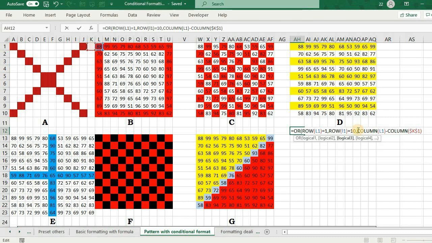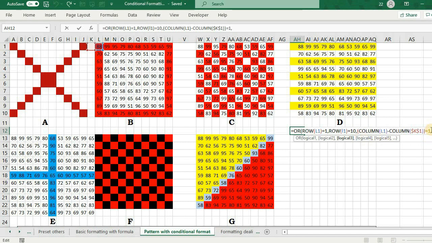I will further wrap it inside. So if this is equal to 1, check this logical test. Yes, it is true, and I can copy it.